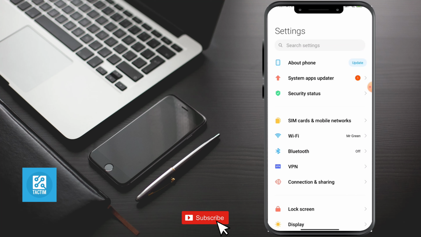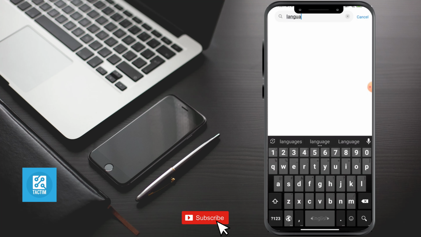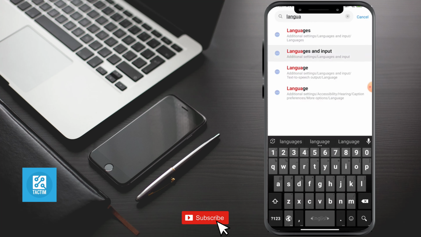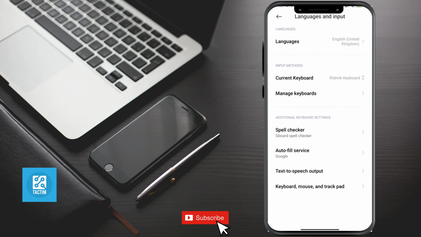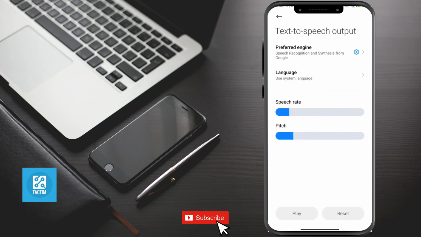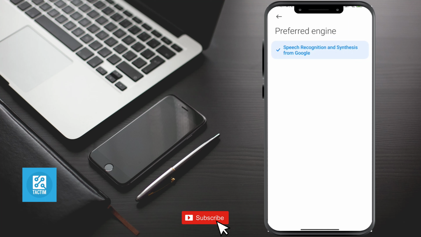Now here in the top search bar, search for language and input. Now in these options here you can see the second last option, text to speech output. Click on it. Now click on the first option here, preferred engine. As I'm a Xiaomi user, there is only one option here, but there are some phones where you will find more than one option. You need to select the speech recognition by your phone, and after that just go back